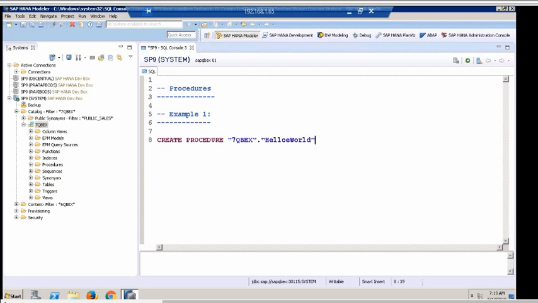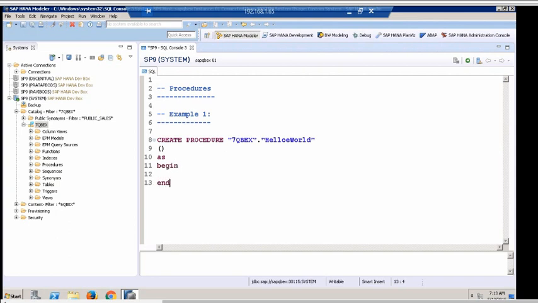This is my procedure name: schema name dot procedure name, and we specify the parenthesis. Within this parenthesis, we specify parameters. Same as in the function module, where you have imports and exports, even this can have input parameters and output parameters, but I'm not using them as of now. Within this parenthesis, you specify all the input and output parameters, and I say as